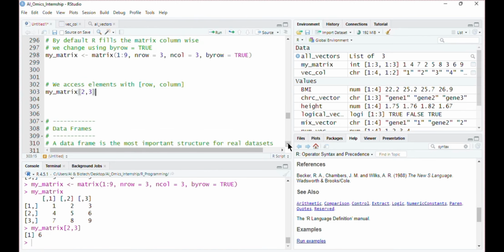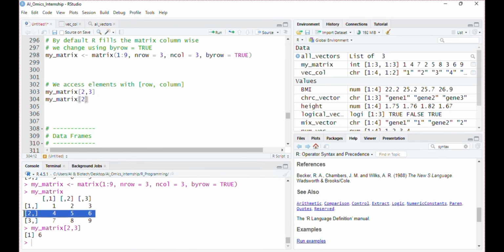Similarly, if I want to extract all the values from row 2 across all these columns, first I mention 2, since I want to extract from the second row, and then I insert this comma. After this comma, I will not specify anything. It means R will extract values from all the columns.